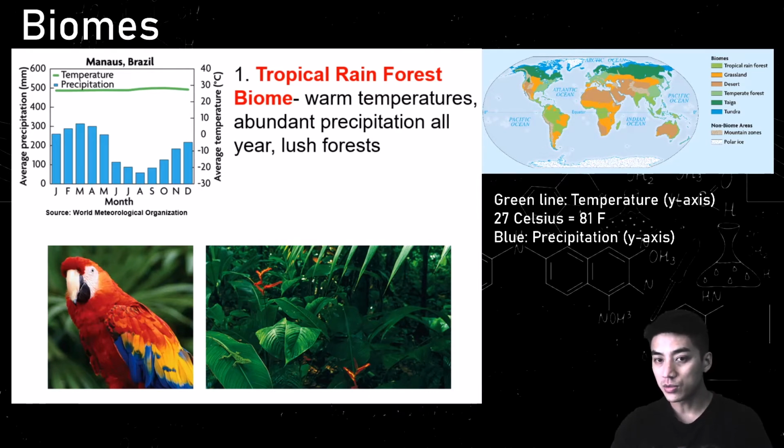And you can see in the blue bars that represents the amount of precipitation. So oddly enough, the precipitation actually is limited during the summer season. So during June, July, August, September, you can see how it drops below 100 millimeters. And in the map that's above my head, you can see that the tropical rainforests have that light green color, so most of the tropical rainforests are found near the equator.